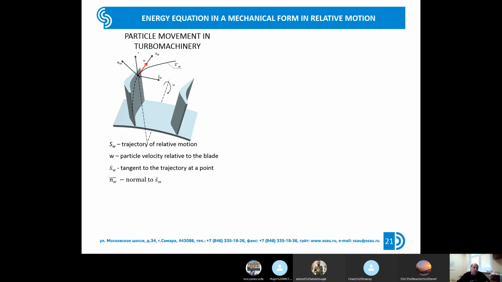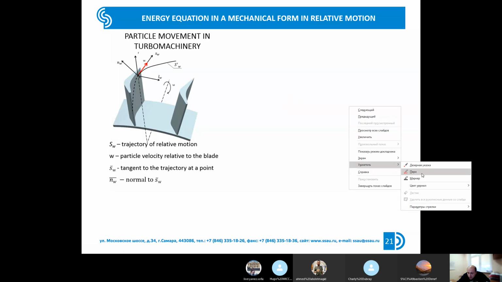In the case of the energy equation in mechanical form in relative motion, we will take the moving blade row. In other words, it will be the rotor wheel. So we take a random rotor wheel of the turbomachinery, and we take random particles which flow near